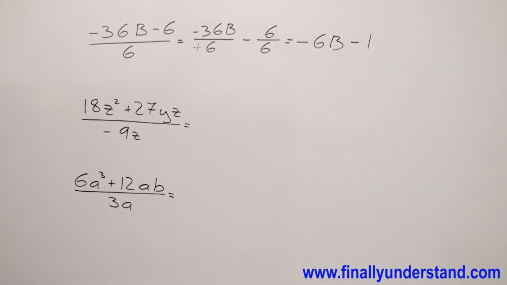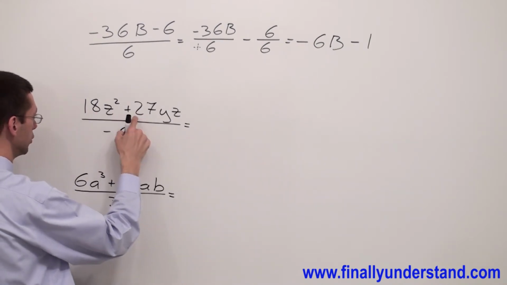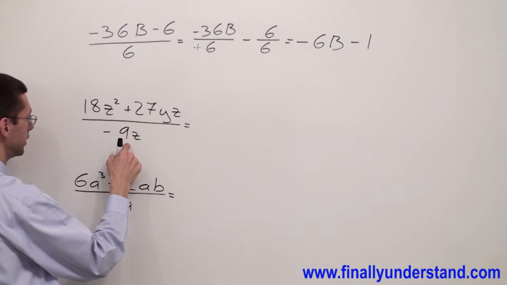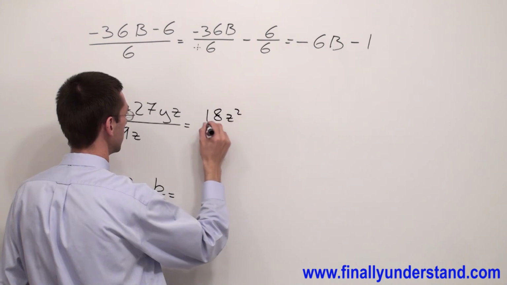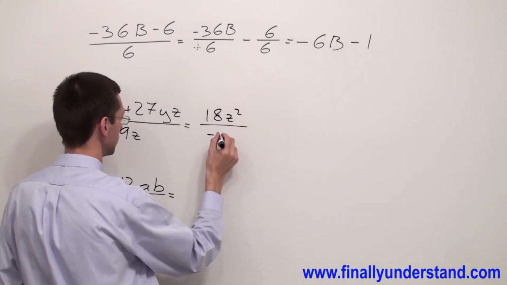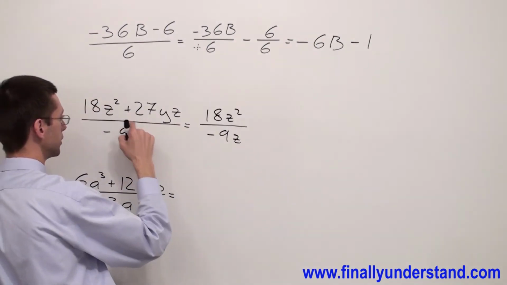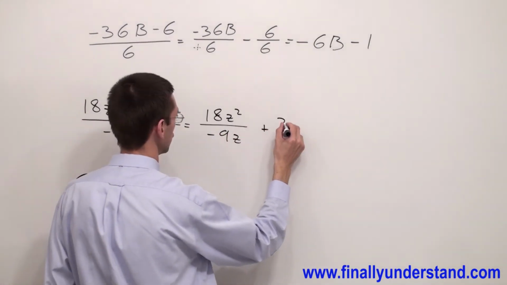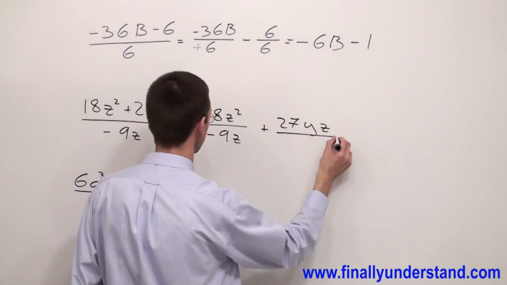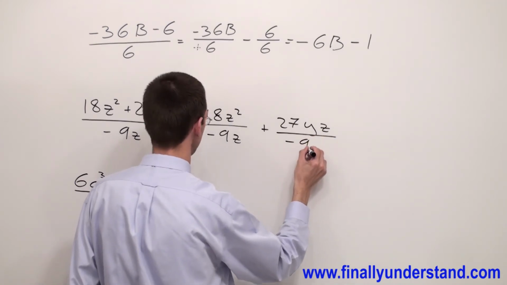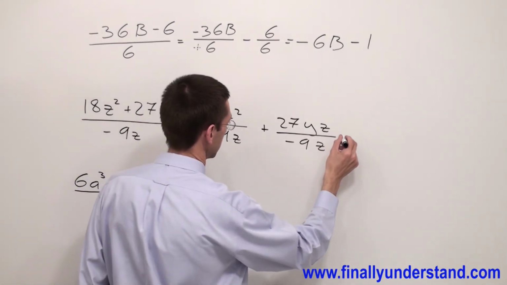Let's take a look at the second example. Again, we are going to divide every single term from the numerator by the denominator. I have 18z squared divided by negative 9z. I have to keep this positive sign, plus 27yz divided by negative 9z equals